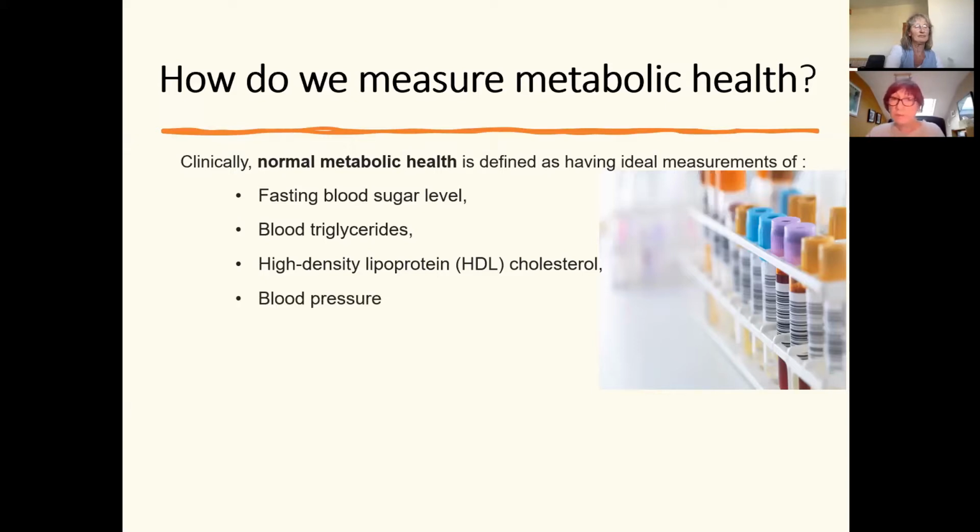The fourth thing is your blood pressure. Like I said, your body likes to maintain everything at a constant level. And although your blood pressure will go up and down a little bit during the day, as if you stand up, your blood pressure rises. If you're active, your blood pressure rises. But then when you're resting, it should come down to a resting level, which should be in the normal range. So if your resting blood pressure is a little bit high, then that is suggesting that there's already some metabolic